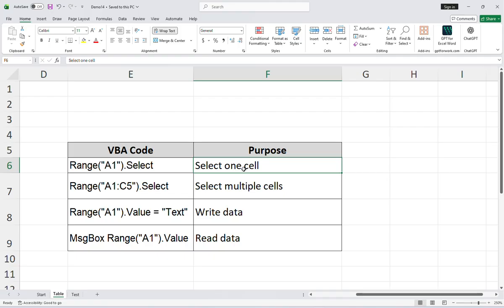Let us take one example. This is the simplest use of the range object, single cell range. So how do we write the code? The code is like this: Range, open bracket, double quotation. If you want to select A1, specify the A1 range, dot Select. Okay, let us